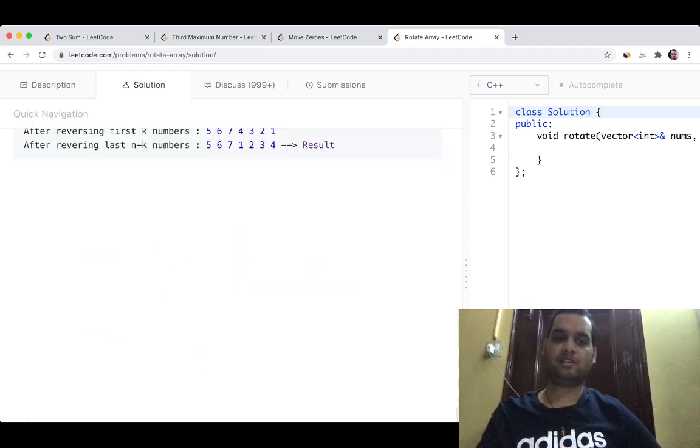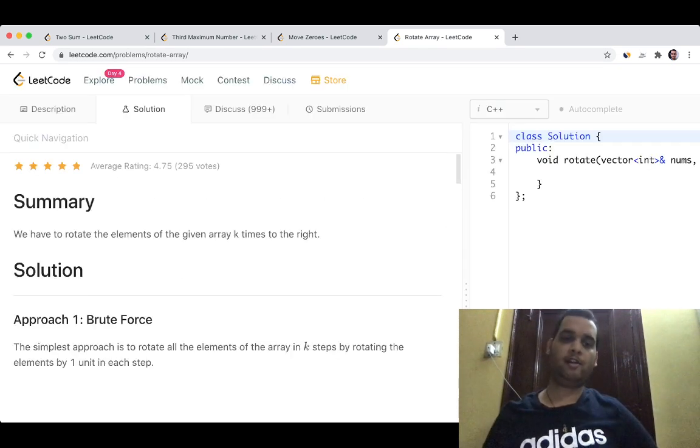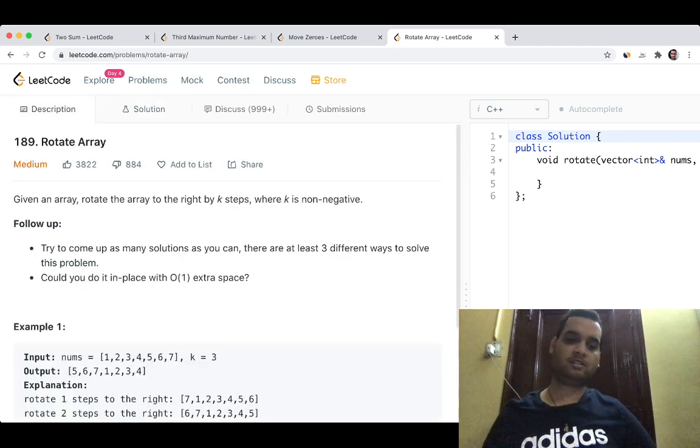But I will suggest you try on your own. If you need some hint, I have provided you a hint: use the logic of reversing, and how to exactly apply it, you will see in the solution. But the best part is you should try it on your own first. You will make some errors, some test cases won't pass, but that's fine.